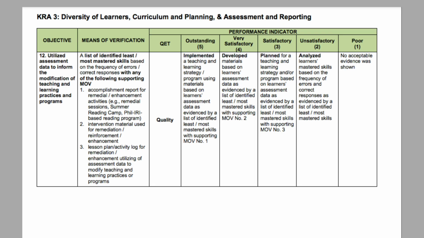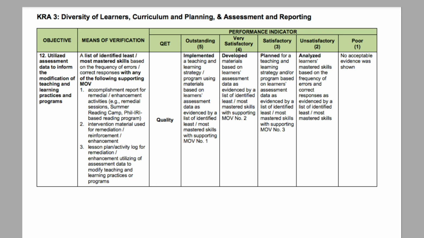Ang MOVs dito, a list of identified least and most mastered skills based on the frequency of errors and correct responses, with any of the following supporting MOV. 1. Accomplishment report for remedial or enhancement activities. 2. Intervention material used for remediation, reinforcement, and enhancement.